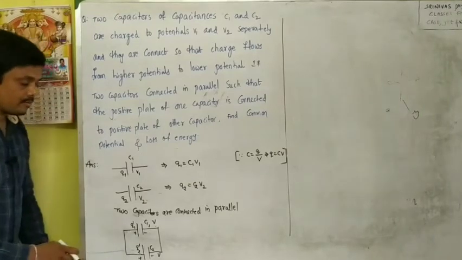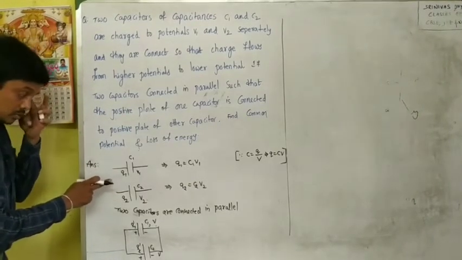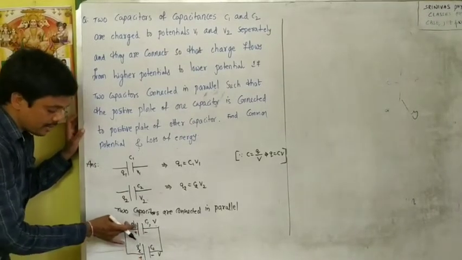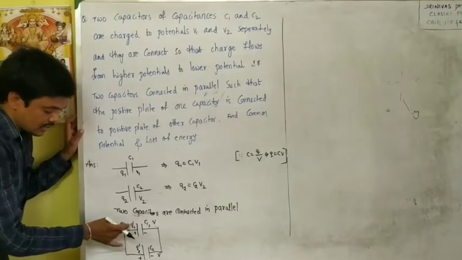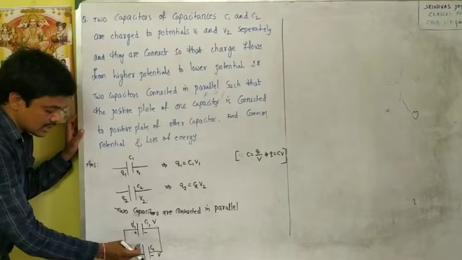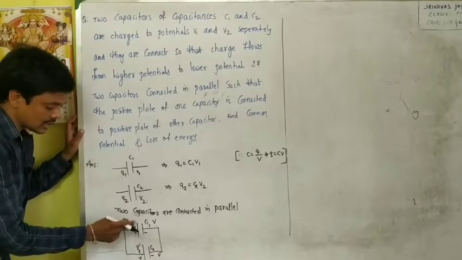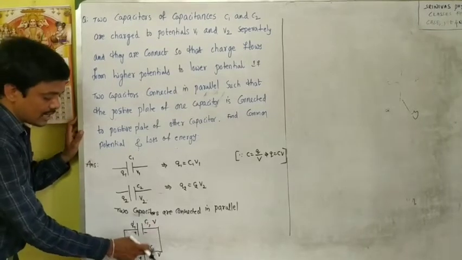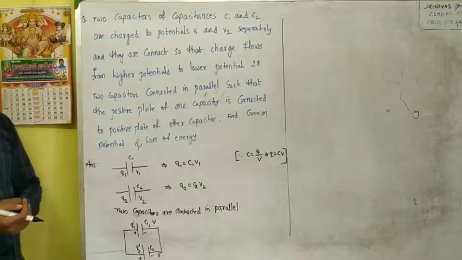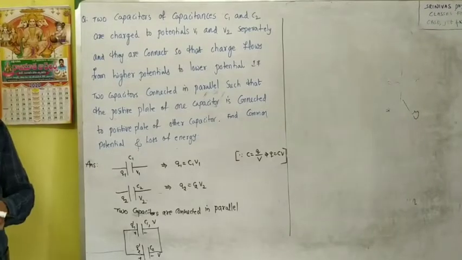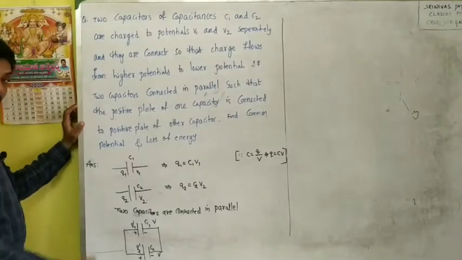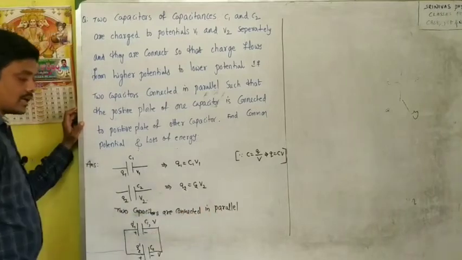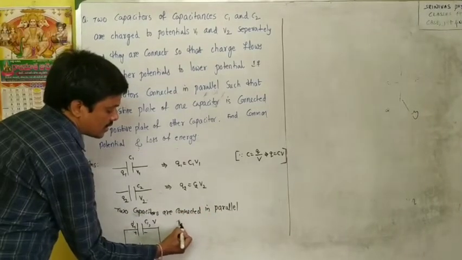Why like this? Because when we connect the two capacitors in parallel, the charge flows from one plate to another, from high potential to low potential. When the charge flows, the charges change on the two capacitors, and the new charges are Q1 dash and Q2 dash, and they acquire the same potential. Why do they acquire the same potential? Because they are connected in parallel, and that's why they acquire the common potential. Now that common potential formula I am going to derive. Before that, when the two capacitors are connected in parallel, then they acquire